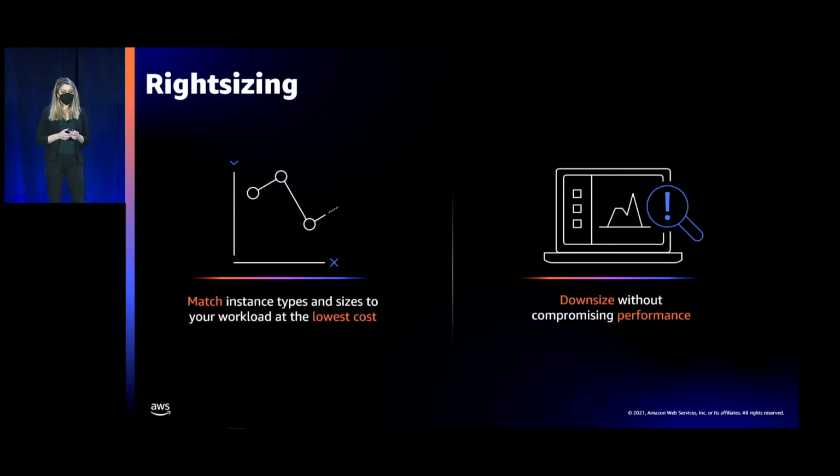So right-sizing is the process by which you configure or reconfigure resources to maximize savings while meeting performance requirements. This means that right-sizing needs to consider not only your current spend, the cost of your resources, but also your workload needs historically and in the future. This is an important process for any organization, and especially growing organizations. It can help you run your workloads more efficiently so that you can scale faster.